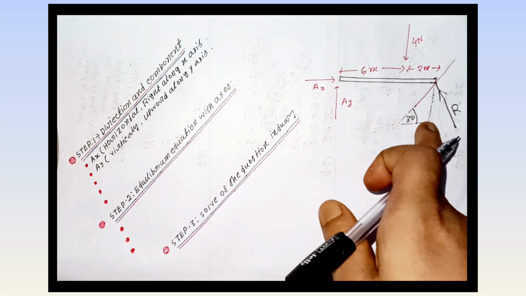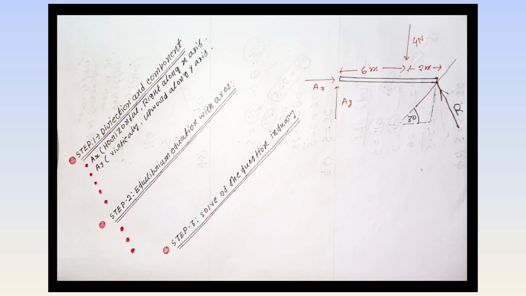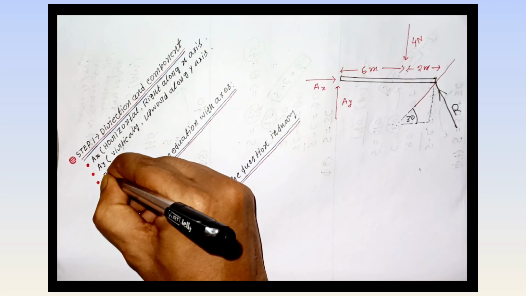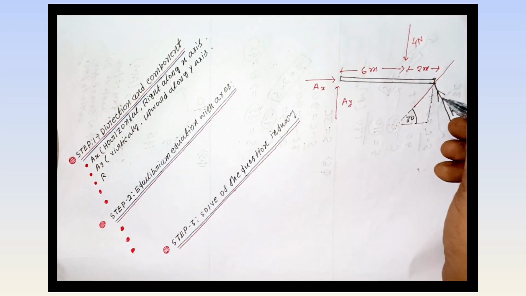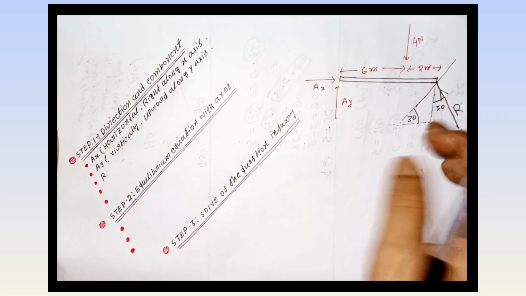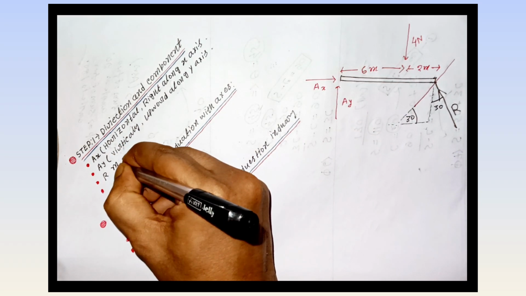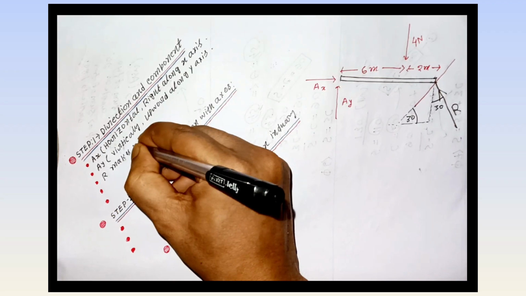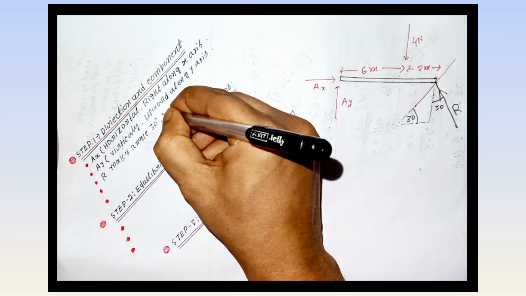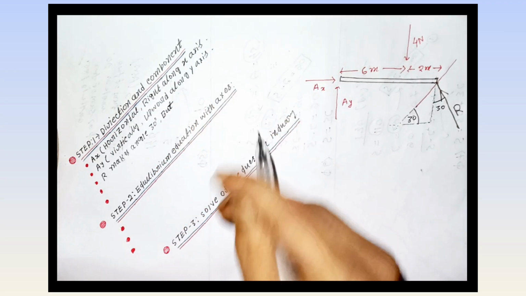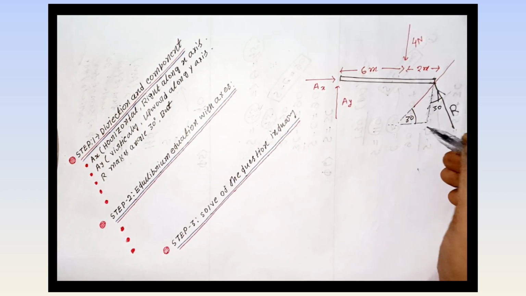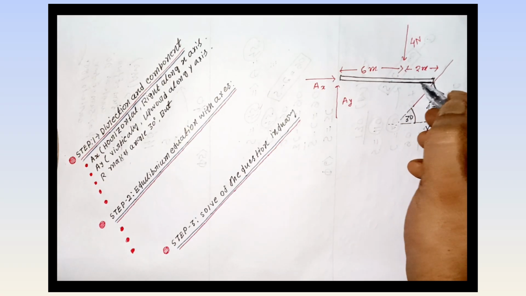let's see, the given question says theta angle here. What is the angle between R and the y axis? R and the y axis is 30 degree. But we need the angle of R with the x axis, the negative x axis, not positive, because the direction of R is upward. Understand, the direction of R is upward, that's why we need the angle from the x axis, this line.